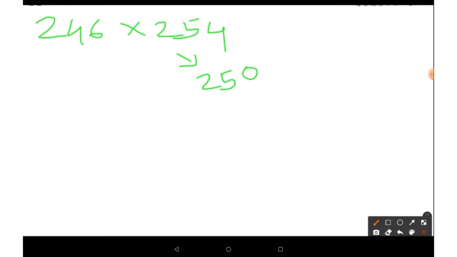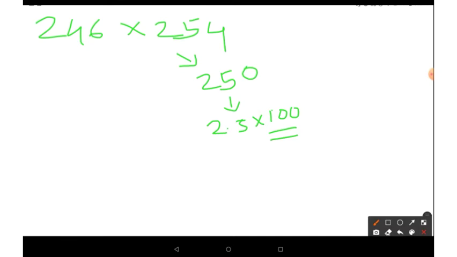So this 250, as in our previous cases, we have found a base, and that base you have to express as a multiple of 10 or a multiple of 100, whatever it is. You can represent this 250 as a multiple of 100. How will you represent 250 as a multiple of 100? It is nothing but 2.5 into 100. So we'll keep 100 as the base, and 250 is the base itself, but we are writing the 250 as 2.5 into 100.